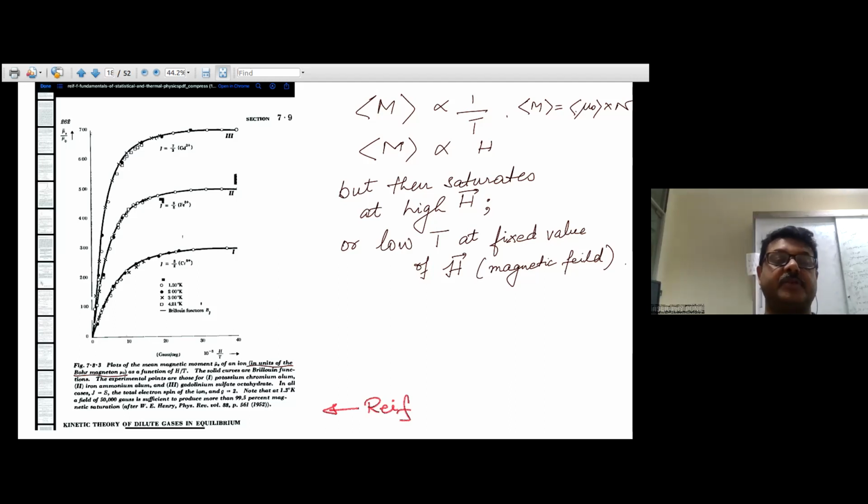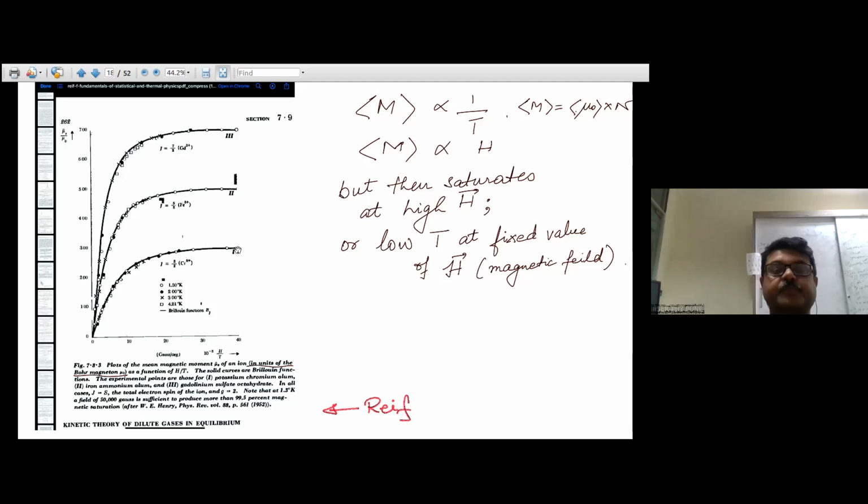Suppose at a particular temperature, and here the temperatures being considered are relatively low, but suppose that at a particular temperature you have zero magnetic field, then these samples do not show any magnetic moment. But as you increase the magnetic field, you see that the magnetic moment per lattice site, per spin, if you like, actually increases. That increases nearly linearly here,